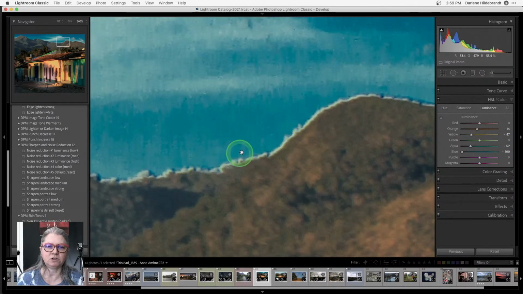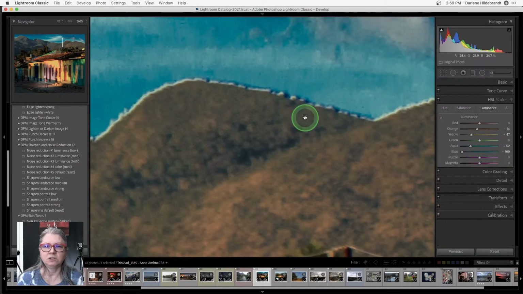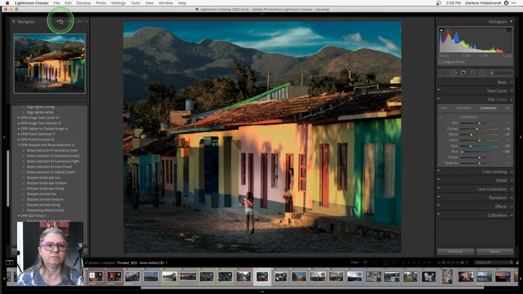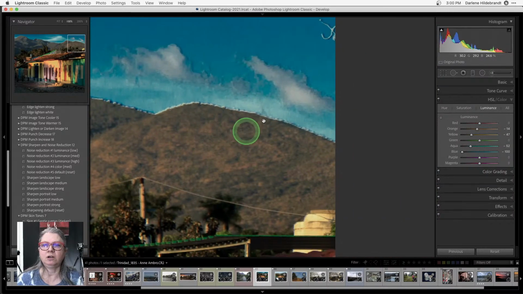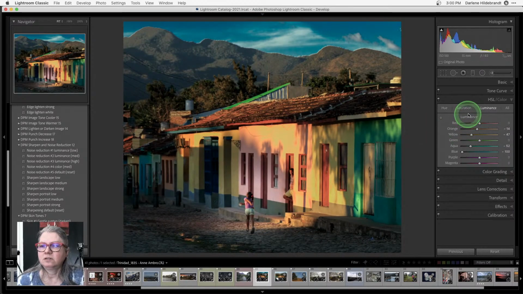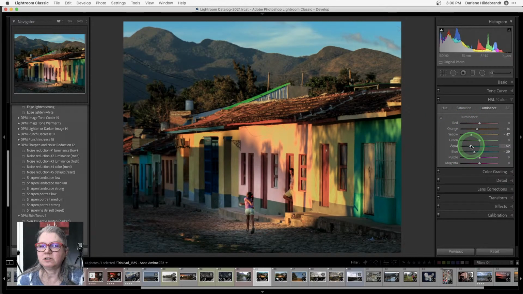Okay, so that's what's called a really bad halo, right, where you've got this white outline. Okay, so I've darkened the sky beyond. Oh, you've got some kind of goblin up in the sky up here. That's kind of fun. Okay, so I'm going to undo that because I don't want to take it that far.